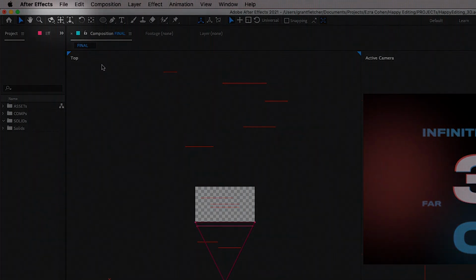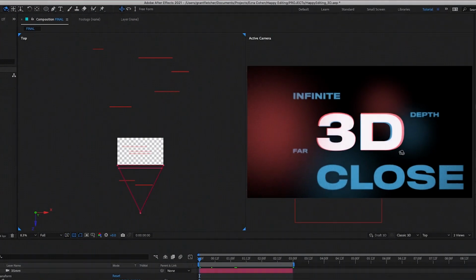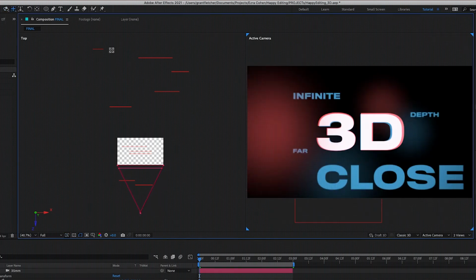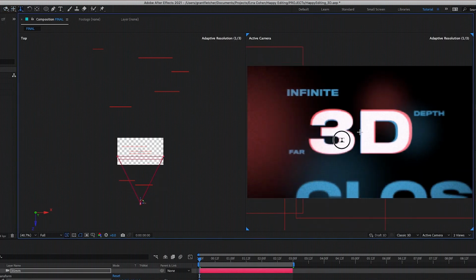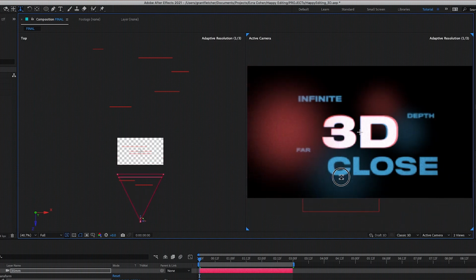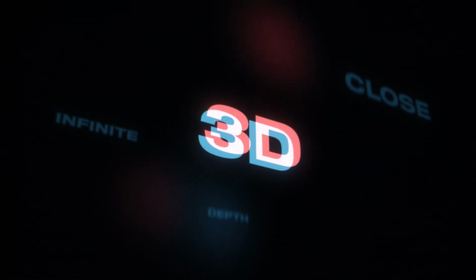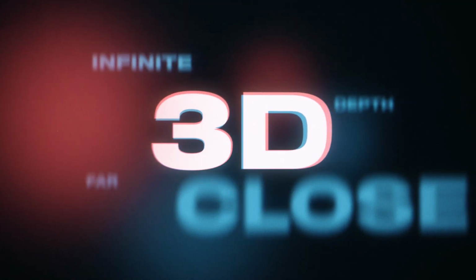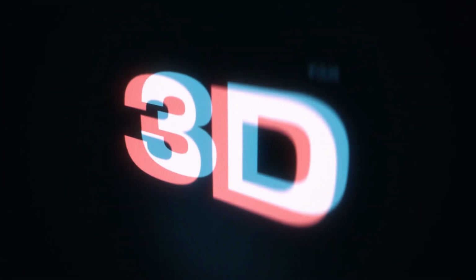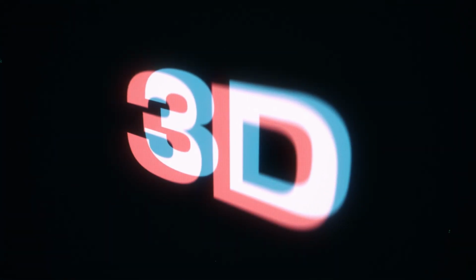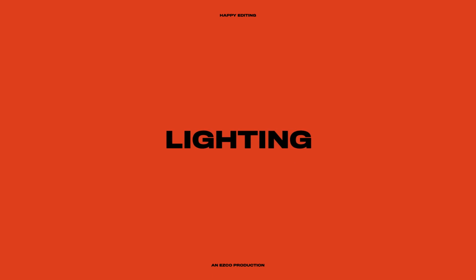Another way to move around in 3D space is using the orbit, pan under, and dolly toward cursor tools. It gives you a little more freedom when creating keyframes, but a lot less precision, so I don't personally use them much. Just like when you're filming something in the real world, a shot can be awesome or meh with